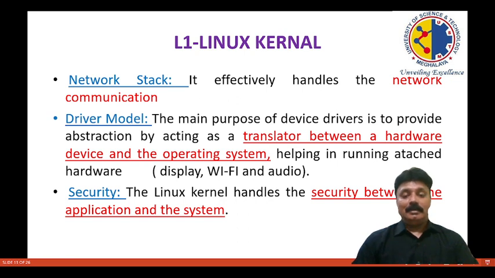Security, the Linux kernel will handle the security between the application and the system. So if you are downloading the application from the Play Store, the Linux kernel will take the responsibility to secure the application and the system, our Android operating system.